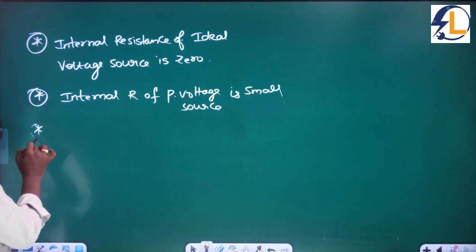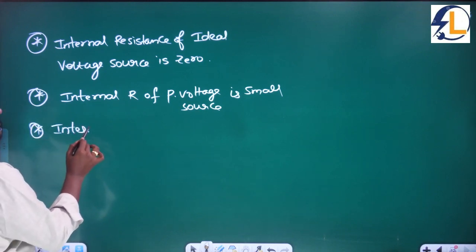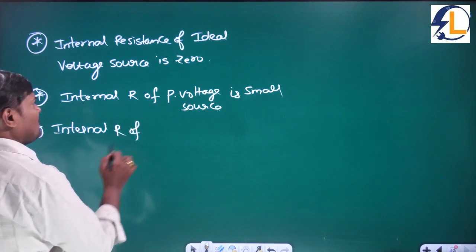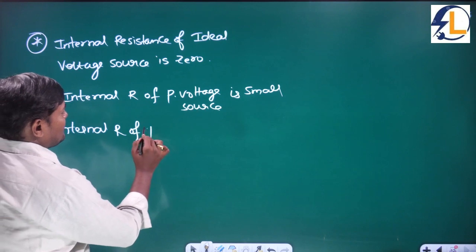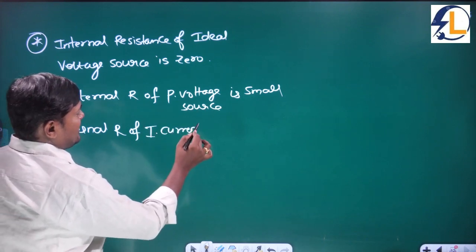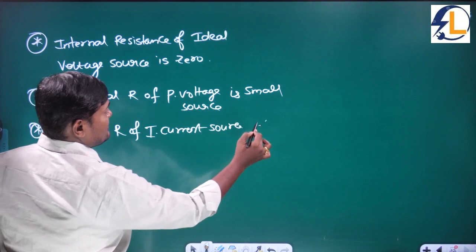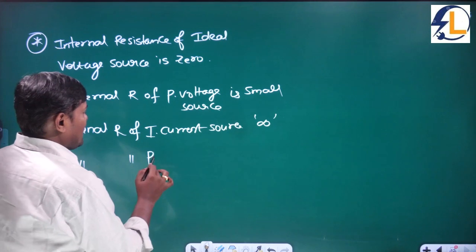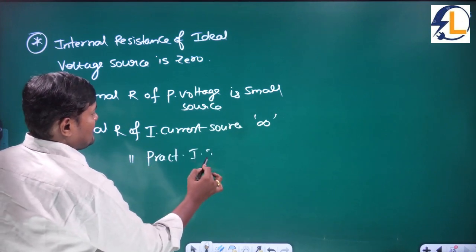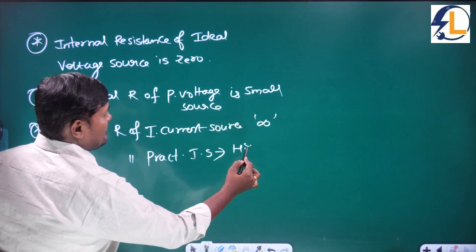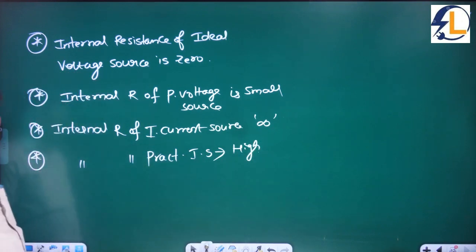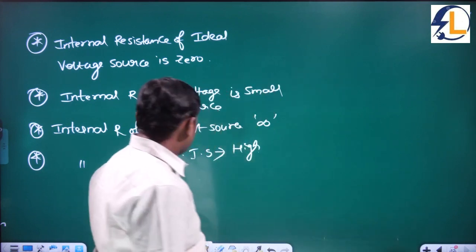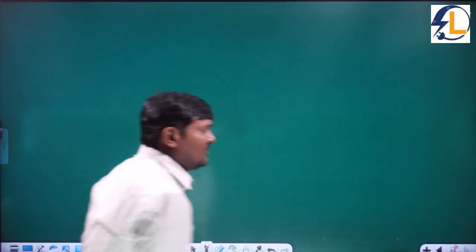These are very, very important objective bits. The internal resistance of an ideal current source is infinite, and the internal resistance of a practical current source is high. These are the conclusion points from the ideal voltage source, ideal current source and practical current source. Okay, so now